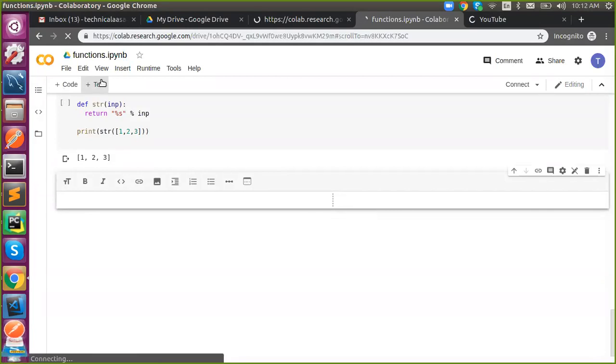So we all know, a function with parameter has the reserved keyword def, a function name, and then inside the parenthesis you define the parameters. It's up to how many parameters you are using.